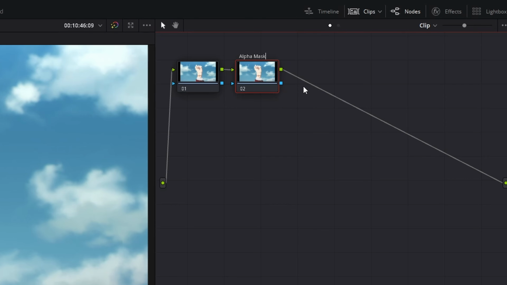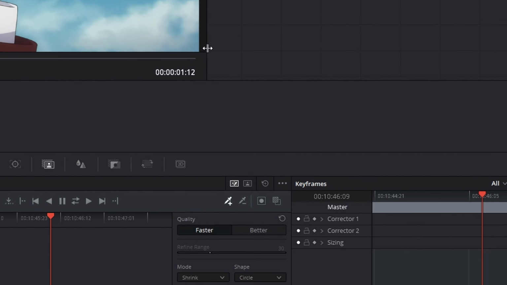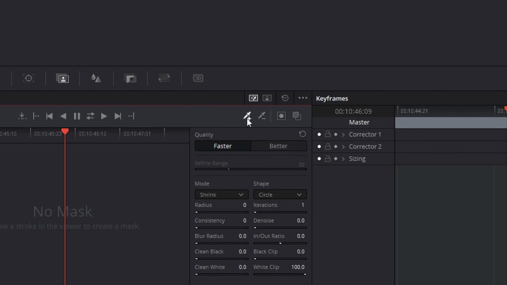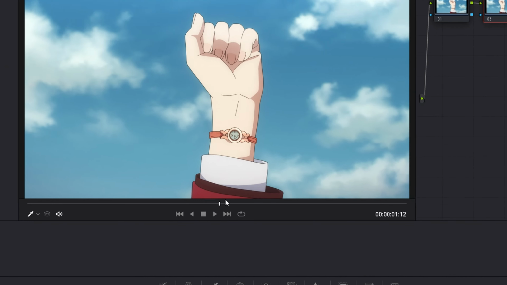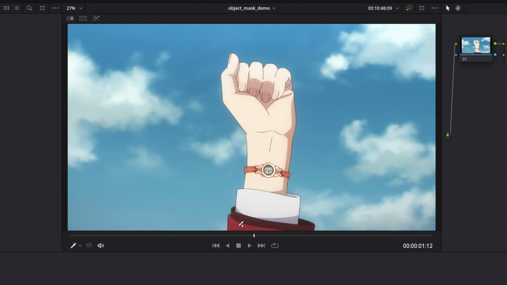Simply give it a label so you can identify what it is. For me, Alpha Mask is fine. Then, we're going to want to make sure that we have our plus pen tool selected, and very importantly, we want to make sure that we have toggle mask overlay turned on. This is going to, very similarly to After Effects, generate a red painting over whatever we're masking so we can see what we're selecting. Now that we have that turned on, literally all we have to do is paint over